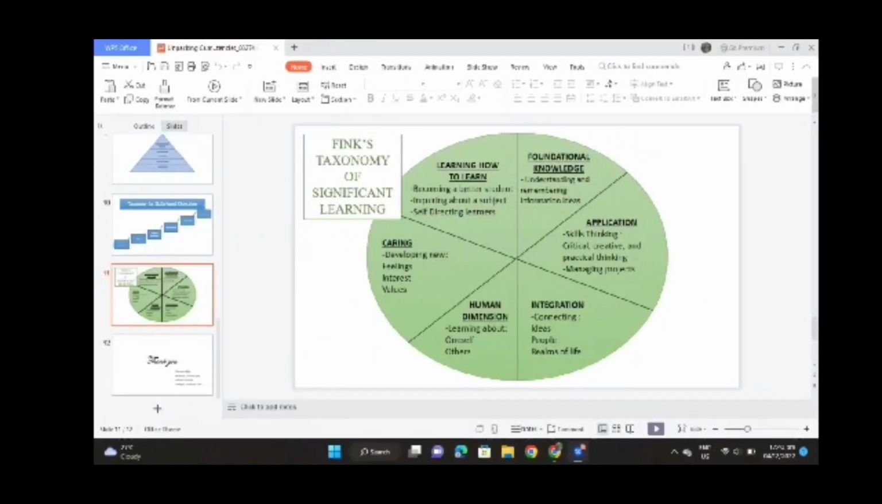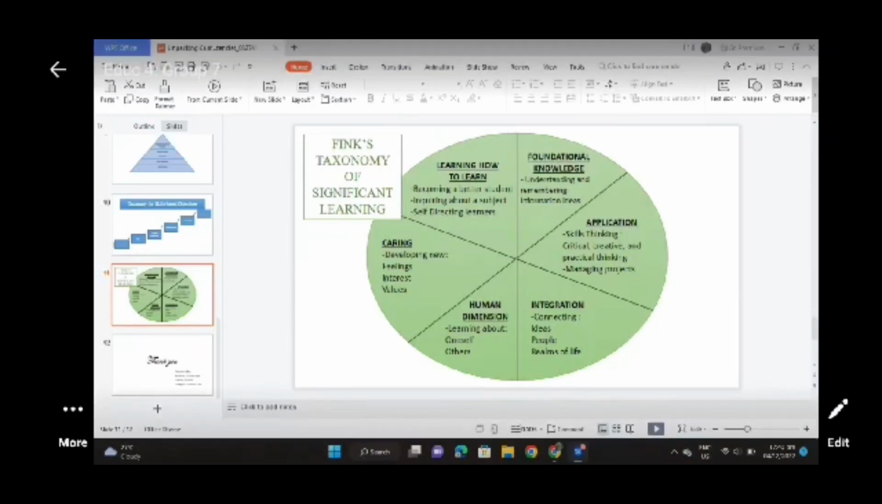Fink's taxonomy of significant learning. Learning how to learn: becoming a better student, inquiring about the subject, and self-directing learners. Next is foundational knowledge: understanding and remembering information and ideas. Next is application. Application indicates skills, thinking, critical, creative, and practical thinking, and managing objects. Integration. Integration indicates connecting ideas, connecting with people,